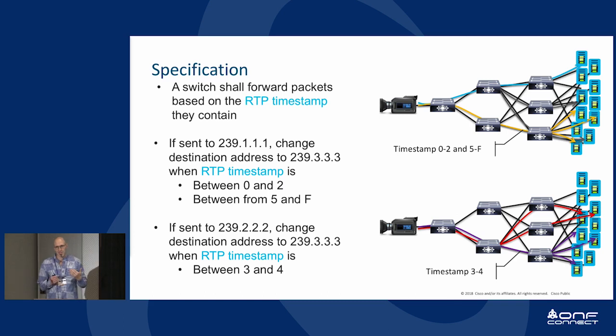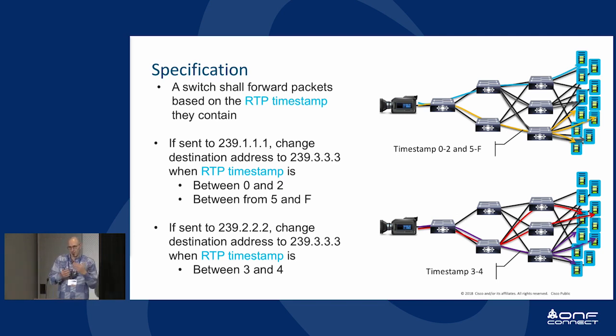The idea is if you have, for example, packets that come in with a certain multicast address, for example, 239.1.1.1, and the RTP timestamp is within a certain range, then what you want to do is basically change the destination address. So what the P4 code has to do, I'm telling you this because now we go and write the P4 code